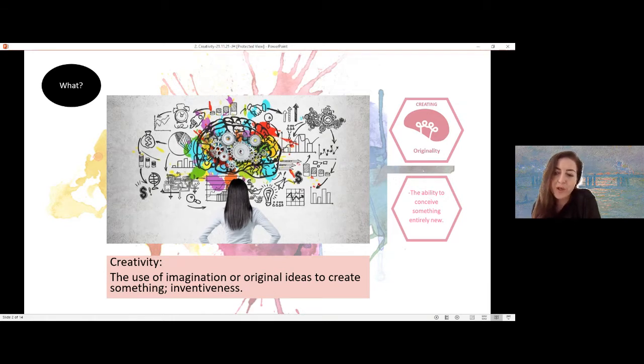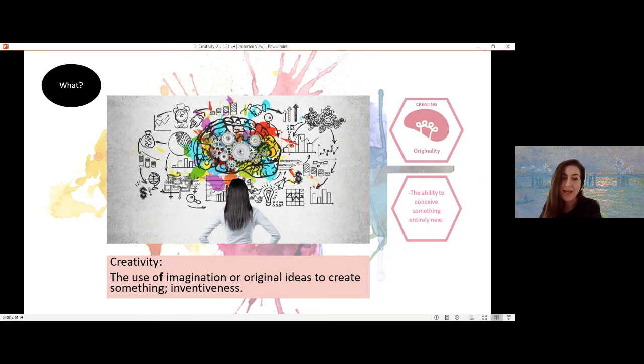Another word would be inventiveness. When you think of creativity, you might just think of art. Oh, they're a very creative person, they're an artistic person. But creativity is a trait that is required in everything that you do, in any job or profession that you go into, even just everyday tasks. It's mainly just problem solving, coming up with an original idea, using your imagination for